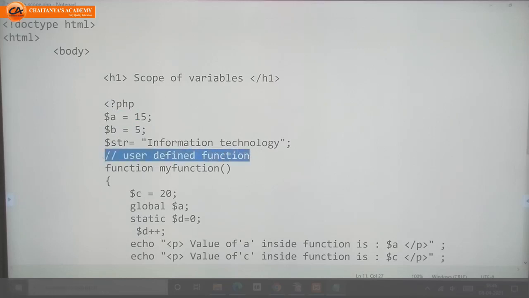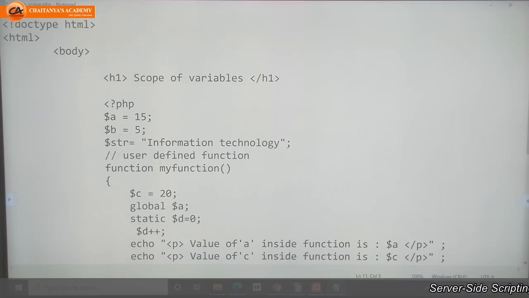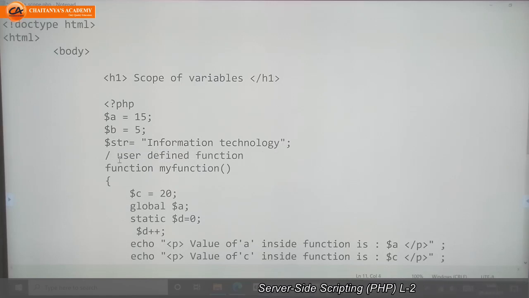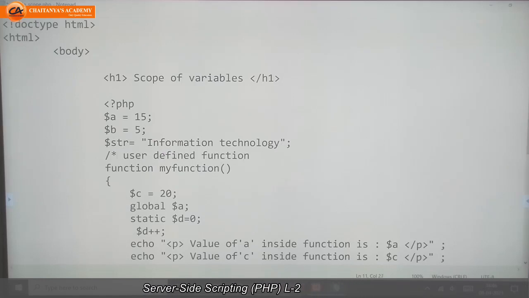If our comment is a single line, then we can use either forward slash two times, otherwise the hash symbol. If we want to write multiple lines of comments, then we can write the comment with forward slash star, and at the end again star forward slash.